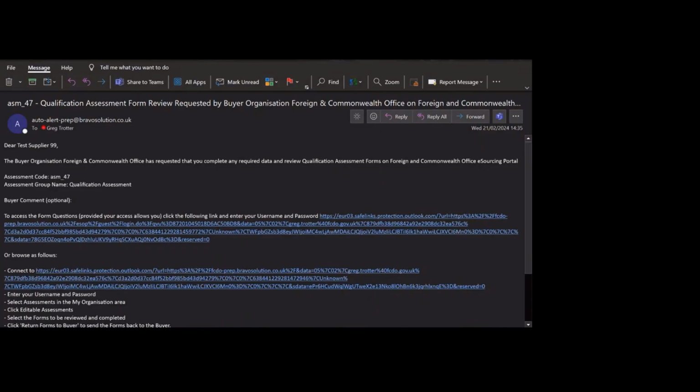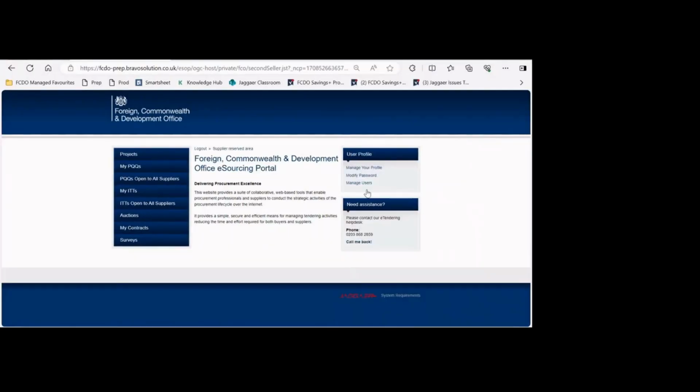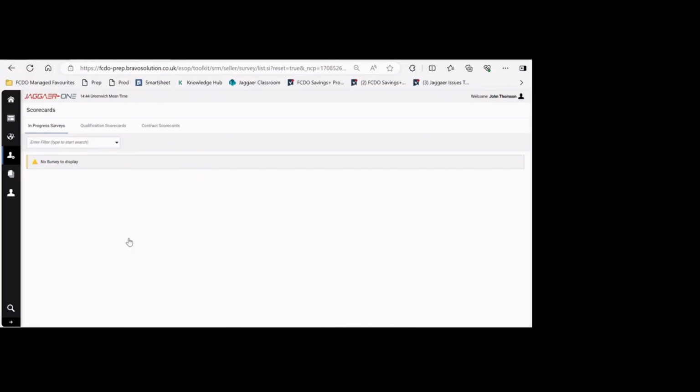So I'm going to go to my Jagger homepage and log in as my supplier. You'll see here the options on the left hand side. The one that you're looking for is not actually listed here, so you can click on any and then we'll navigate from the next menu. So I'm just going to click on surveys. It wouldn't matter which one you selected, because once you get past this part,